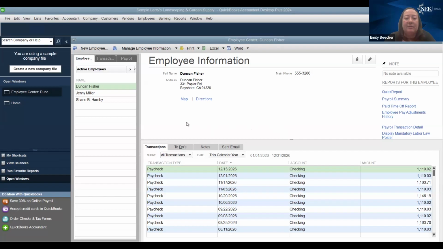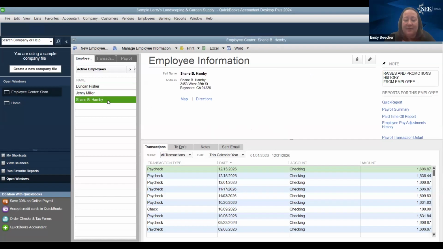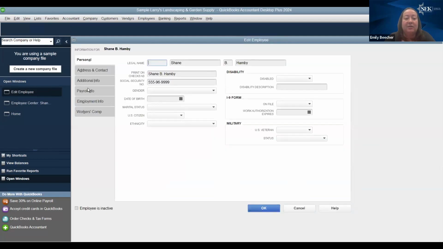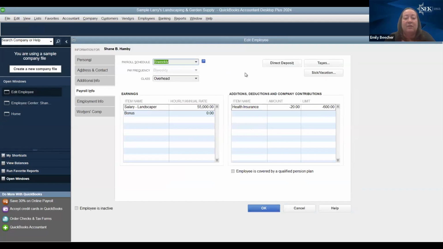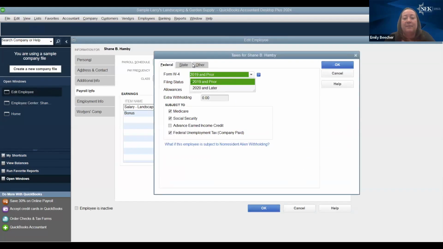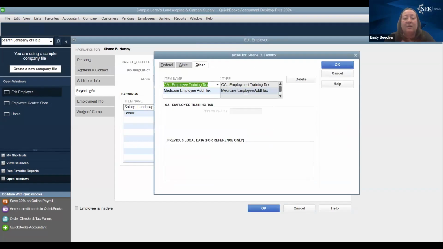So a few things that you will want to check, and I had to jump in the other sample file because the one that we had was not working for me. So I don't have any PA employees set up specifically. But for your PA employees, you'll want to make sure that that PA local code is entered. So in your payroll information for your employees under taxes, under the other, there will be,